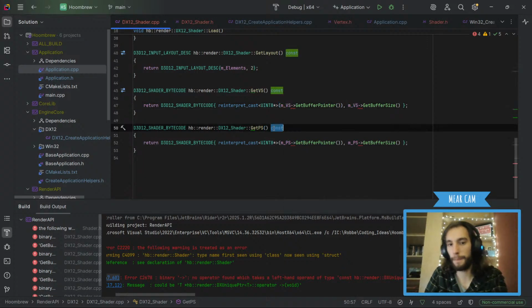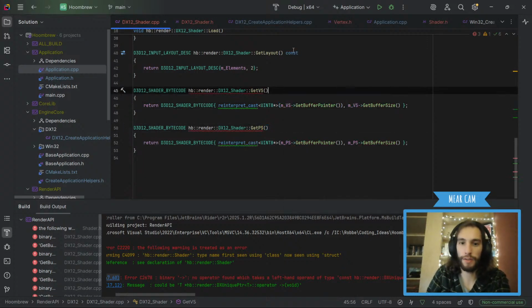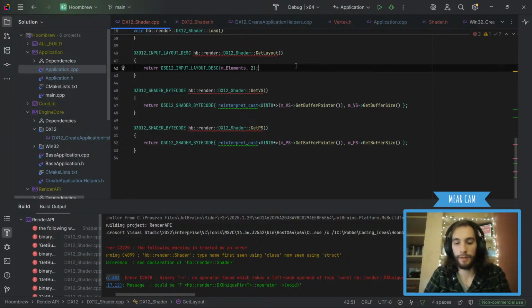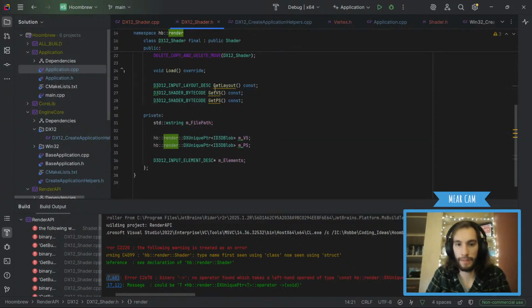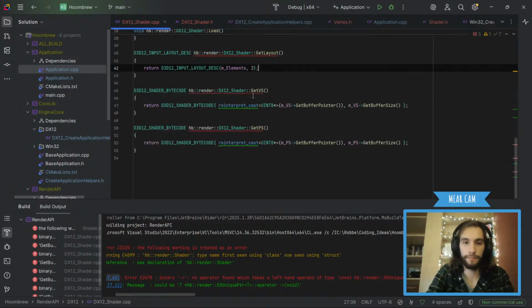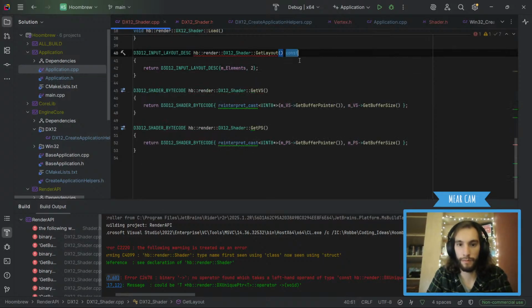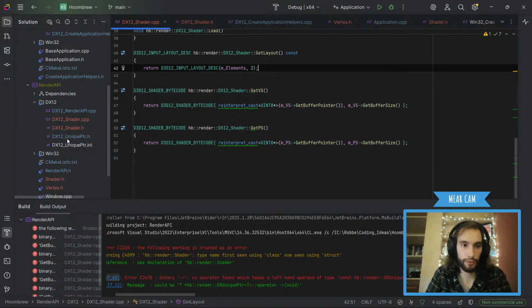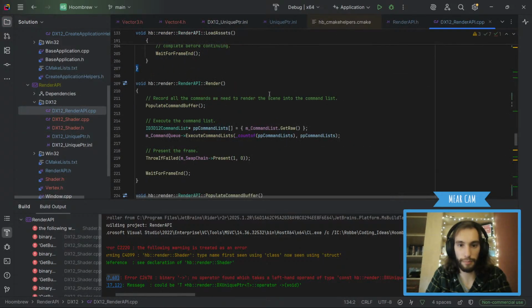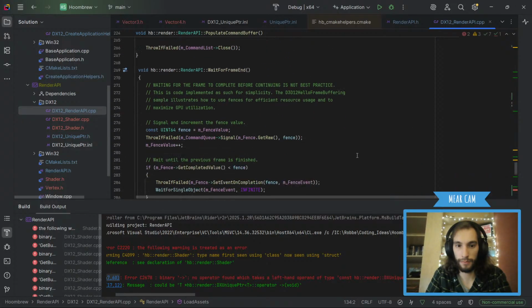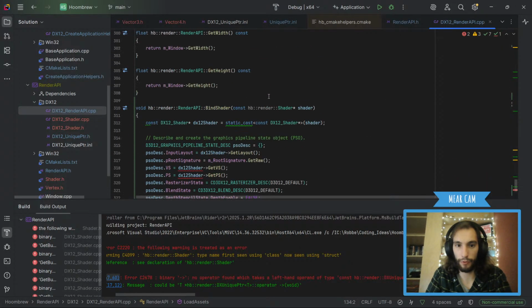Okay. No const it is. Fine. Well, layout can be const actually. Like so. But that does mean that we can't do const on the render API though. If we do bind, I don't think we can do const.